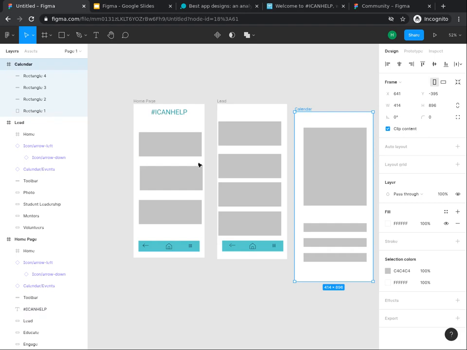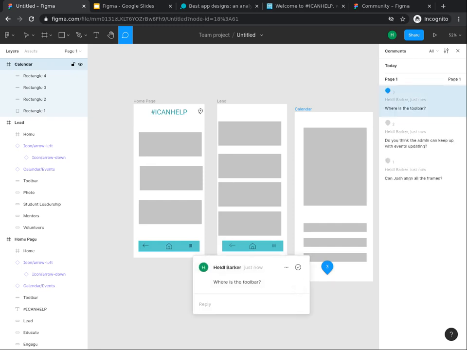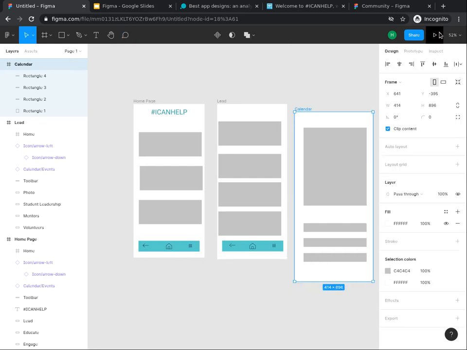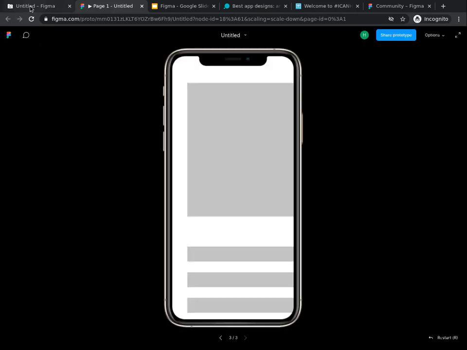Your team can use this to point out any other issues, or if they have suggestions on changes but want to talk about the changes first. Before you share this project, you can see what it will look like by clicking on the arrow pointed to the right in the upper right part of the screen. Another tab will open and you can see what your screen will look like. You can make adjustments to sizing and placement based on what you see. The other option you have is to share this design.